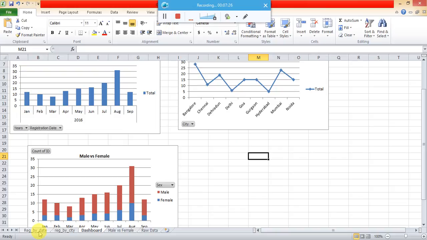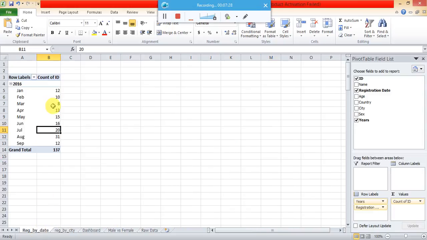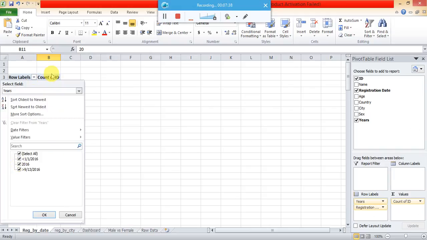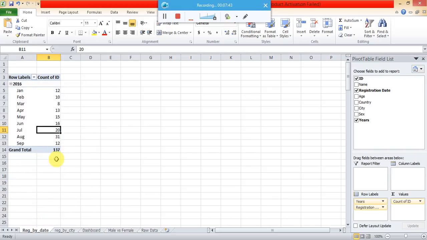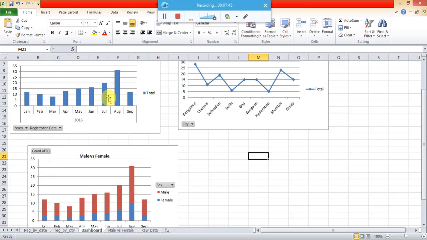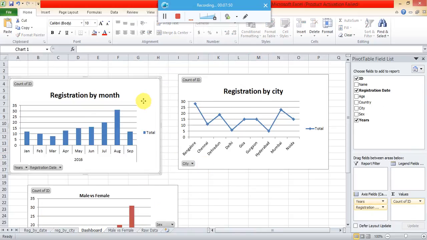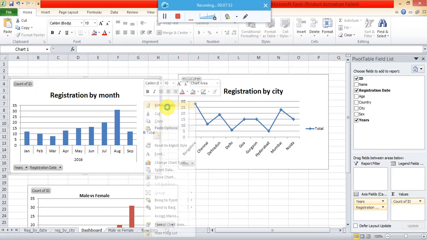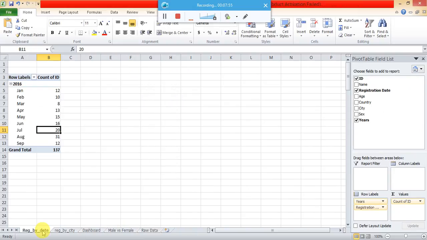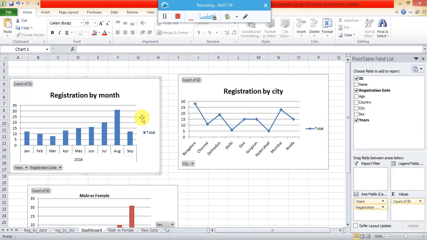Like in the same example, if we change any figure here, like anything from January to, we can disable the from, and also in the pivot